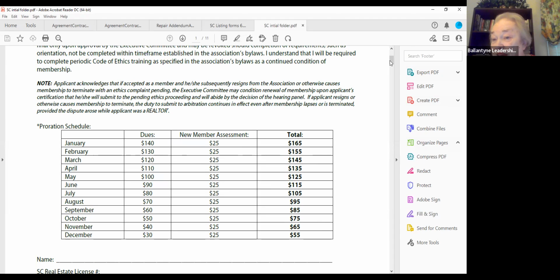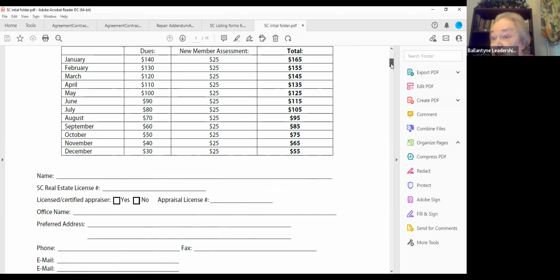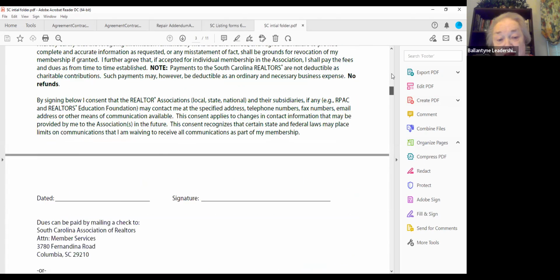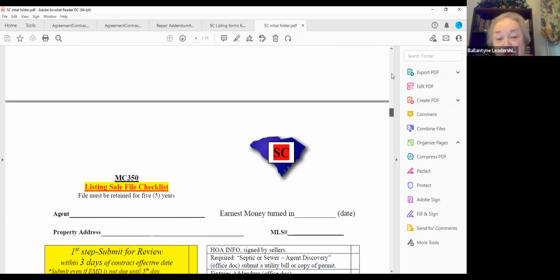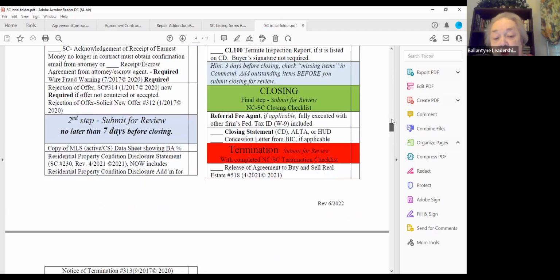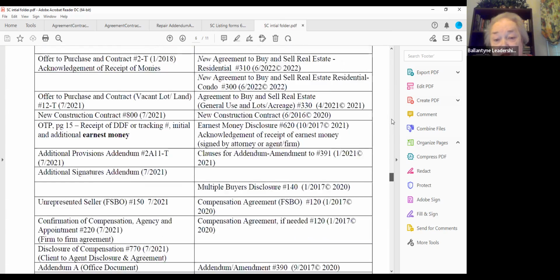I'm not going to go through the applications because obviously you'll have to process through it as needed. There is a website now that we can do it online, and I can get that out to you if you'd rather do it online. Anyway, this is the application form. I just needed to remind you of that. Now, this is the listing sale file list, as I just referred to. That's, again, one of your initial forms. You want to come down here, and the next thing you want to look at beyond those two I just showed you,